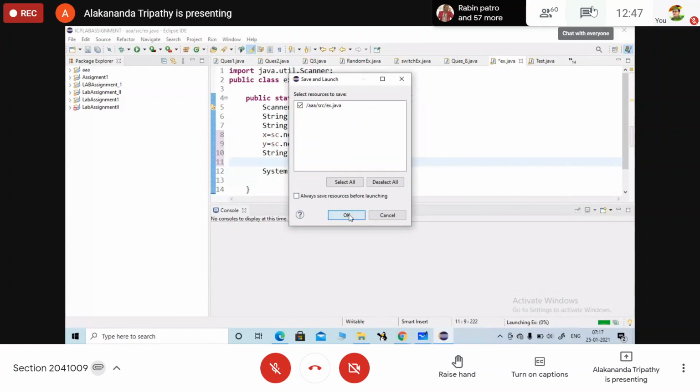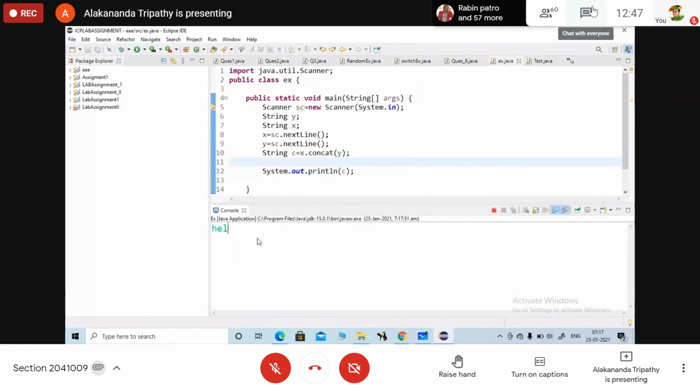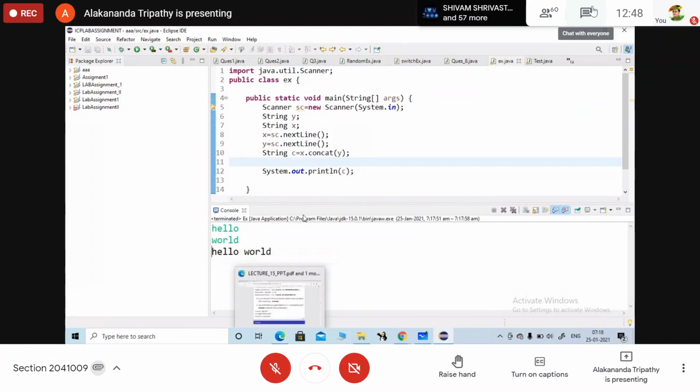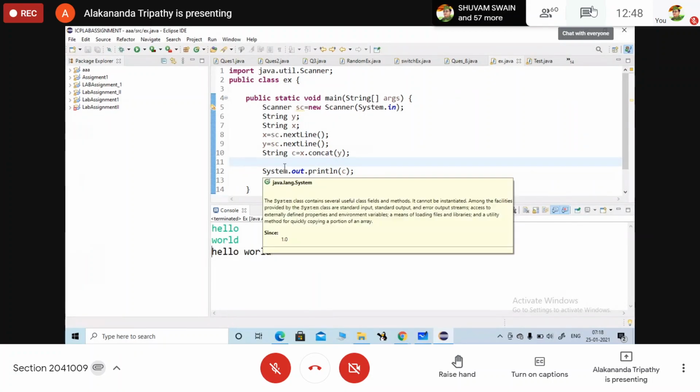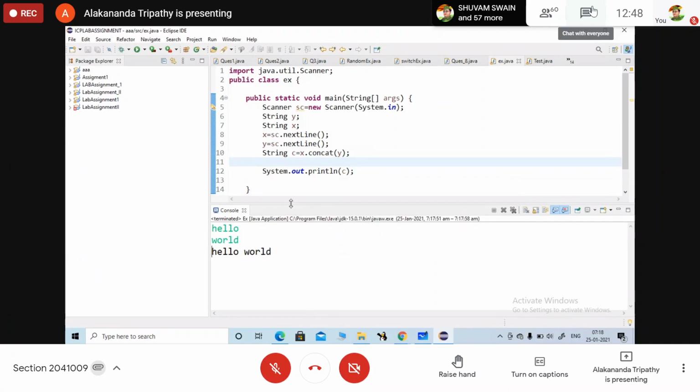Then run the code. Hello. World. Then it will accept. You can go with either way. You can use next, then you need to append with a space, then you can append the entire string with another string, or you can go with nextLine.